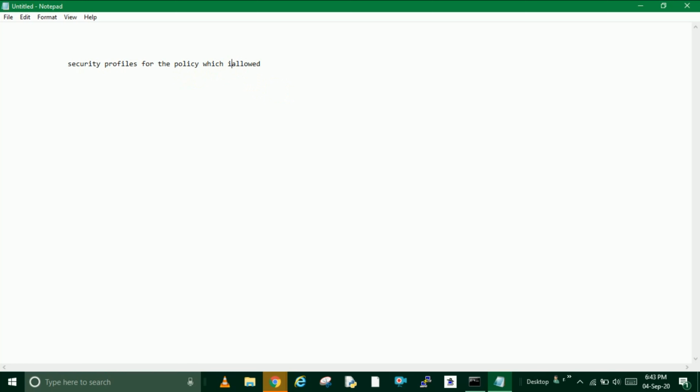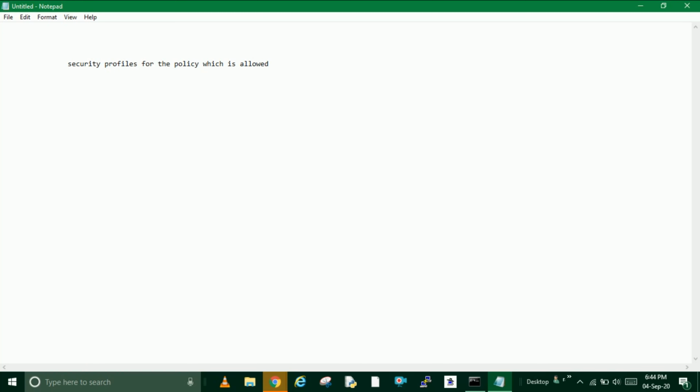And a few more things which I have to tell you here is how these security profiles get updates. This is one of the important questions which will be asked in PCNSA, specifically the times at which it receives the updates.